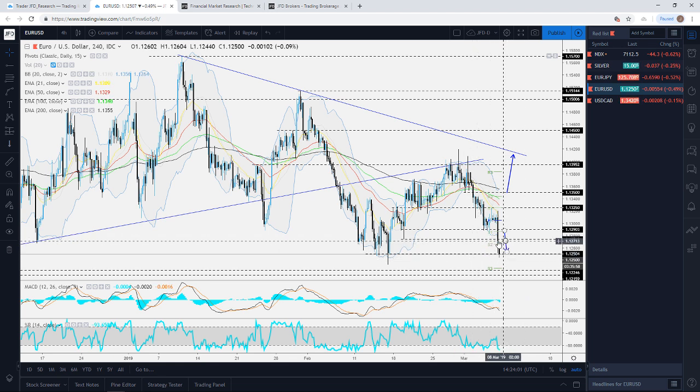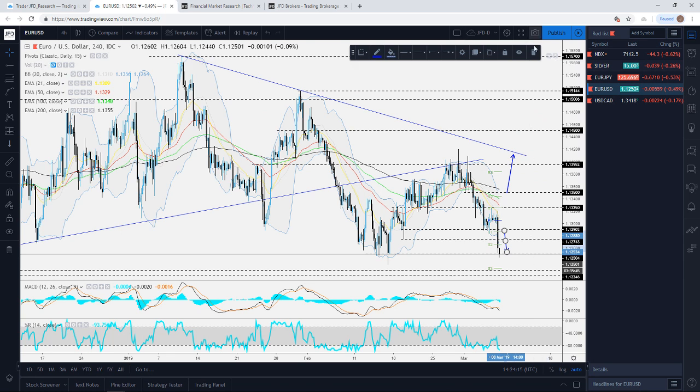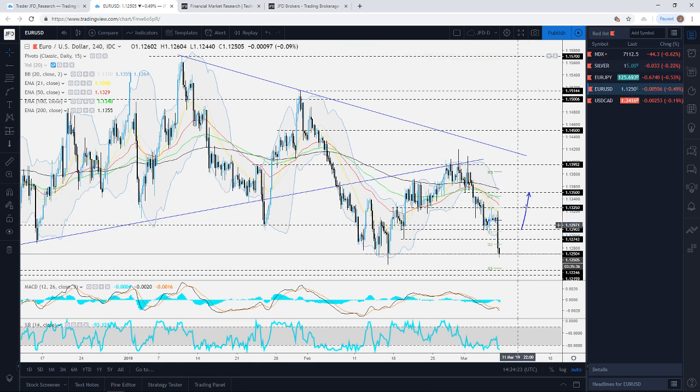If this, of course, decides to reverse back up and travels back above the 112.75, that's the first warning sign for the bears. But if this gets back above the 112.90 level, this is where it will probably show that the pair is not willing to sell off yet, and we could see a push back up here